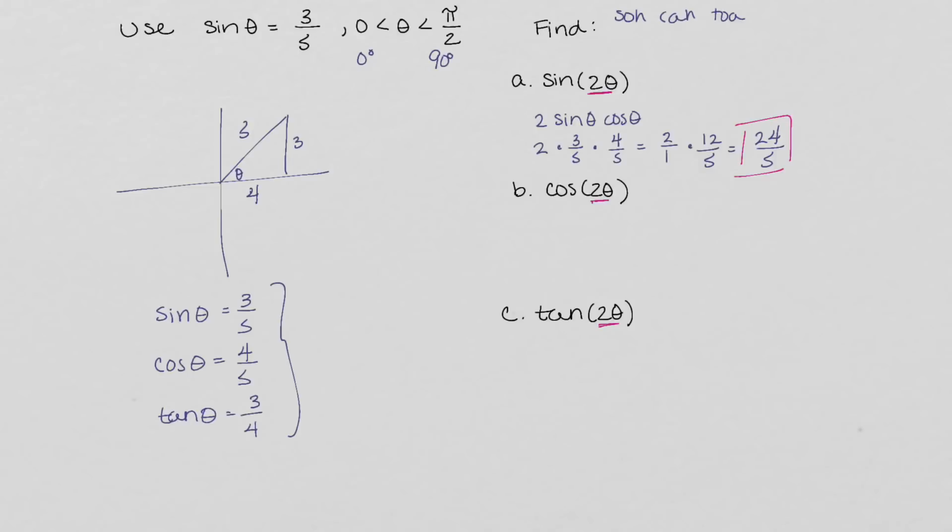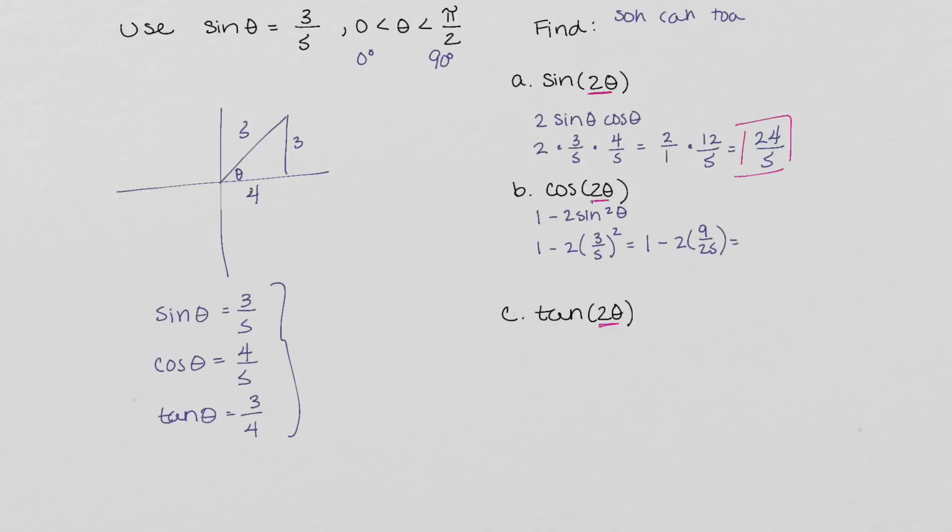All right, cosine of 2 theta. Remember, cosine's the one where we have 3 separate identities that we can use. It does not matter which one we use. I'm just going to use the 1 minus 2 sine squared of theta. And remember that that sine squared applies to the whole thing, sine of theta, quantity squared. So remember that when we start working it out. So this is 1 minus 2, and then sine squared of theta. So sine of theta is 3/5, and we're going to square that. So we get 1 minus 2 times